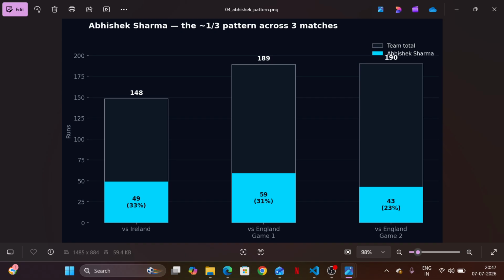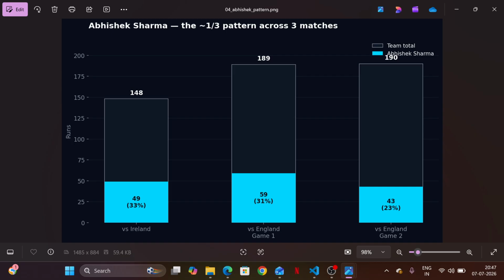So, as usual, every single week, this has been one of the busiest weeks in world cricket, and I am back with the new updates, new data insights, and new visuals. Now we all know that India played a total of four T20s in this period, two against Ireland and two against England.